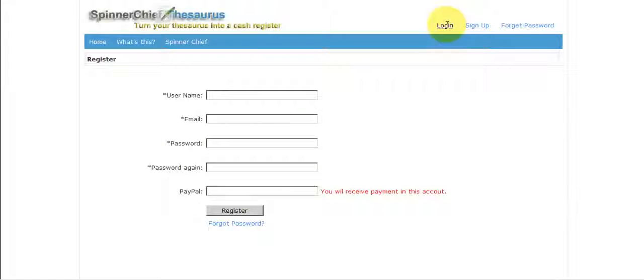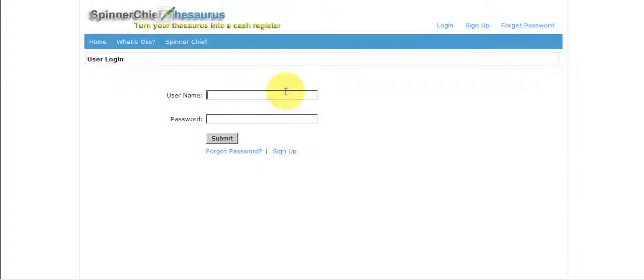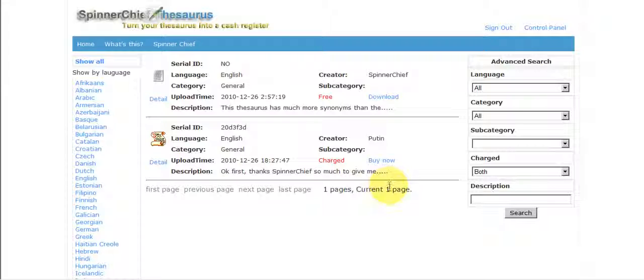So what I'll do is I'll log in myself now, because obviously I'm already registered. That's me logging in. Now let's say I wanted to buy this somewhat dubious thesaurus of Putin's. I can click the buy now button there, or maybe I might have gone into the detail first.